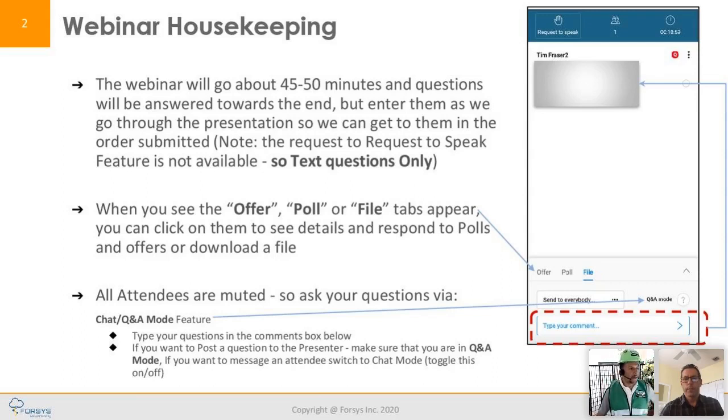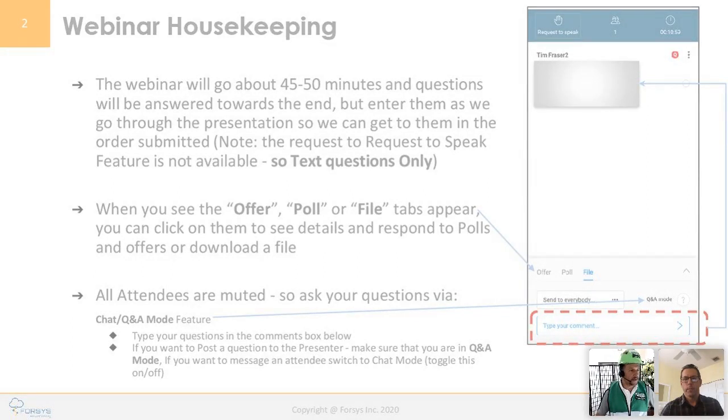If you do see on your screen this section here that has the poll, please notice that there is an offer, a file link, and it's in the poll that allows you to tab between those three tabs. When you see those pop up on your screen, that means we're doing a poll, so you can tab over there and take a look at that. If you want to send us a message and you have a question, all questions will come through text. We do not have audio two-way communication. We are going to do text-only messages.